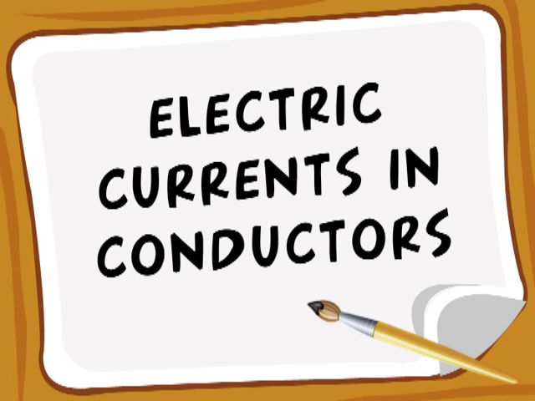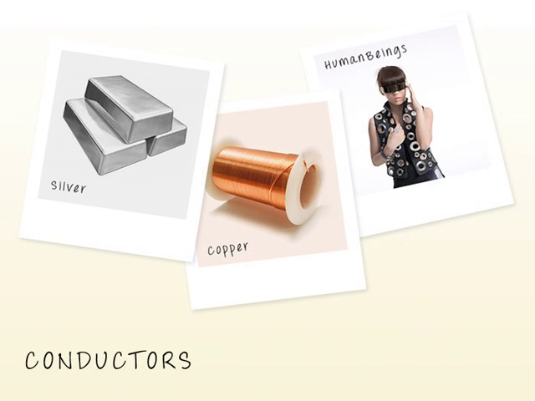move freely. These substances are called conductors, as they act as very good mediums for the flow of charge, or equivalently, the flow of current. Below are examples of some conductors. Conductors have a large amount of such freely moving electrons, and hence act as very good mediums for the flow